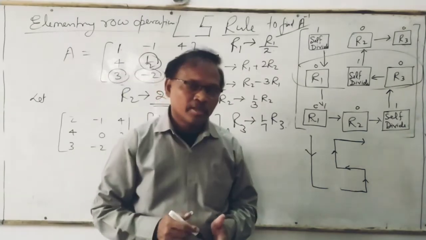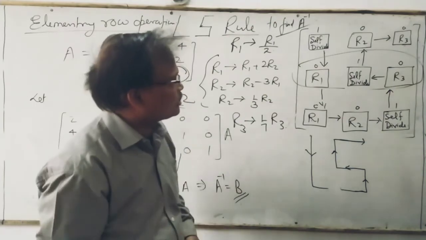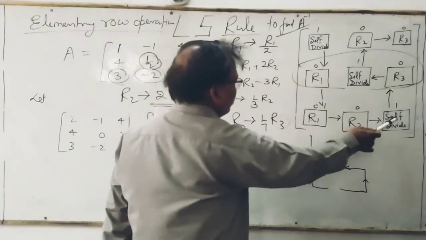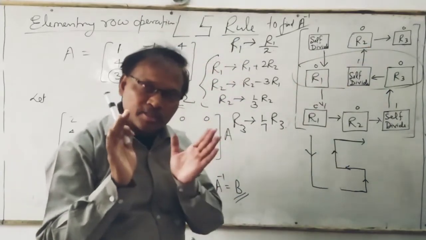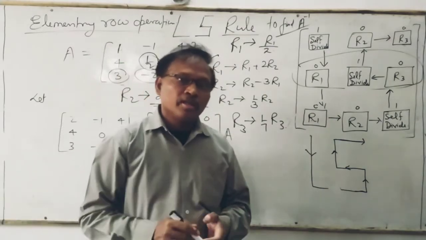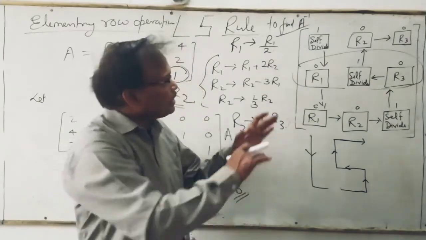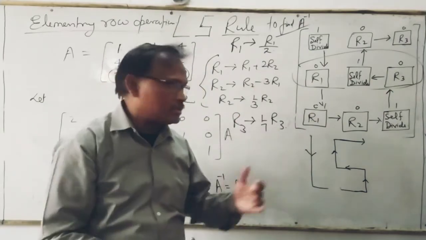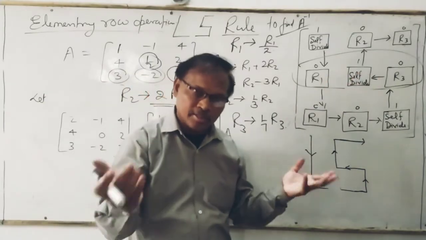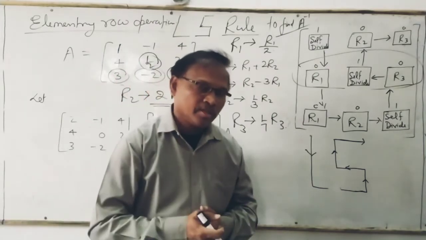And one more thing, there are maximum 9 steps. How 9 steps? Because 9 elements are there. क्योंकि पहले इसको बनाया, इसको बनाया, इसको बनाया, all the elements. So there are a maximum of 9 steps. In some questions the steps may be fewer. How? If 1 is already there in the first element, then okay, it's okay. And if you are changing any one and you are getting 0 in other elements, मतलब required place पे 0 आ रहे हैं, तो steps less हो सकते हैं. But maximum 9 steps are there.